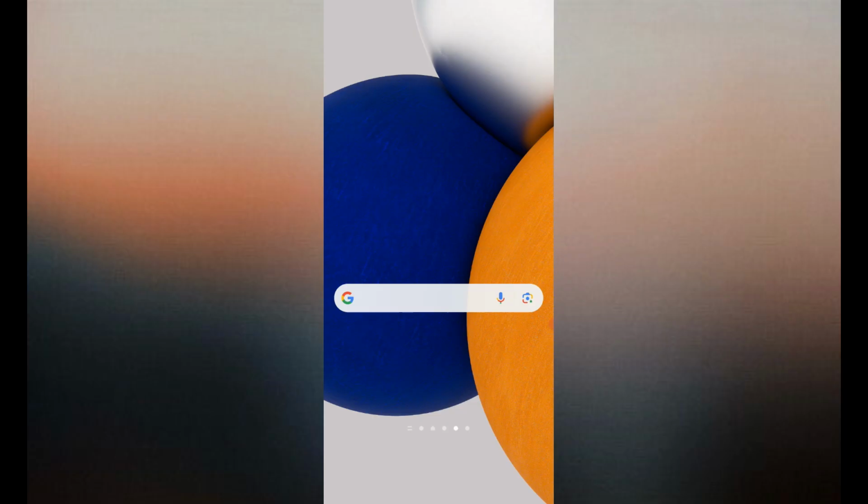TikTok has become a powerful platform, not only for creating fun videos, but also for customizing them with creative tools. One of them being video stickers. These allow you to take clips from your own videos and turn them into reusable stickers that can be overlaid